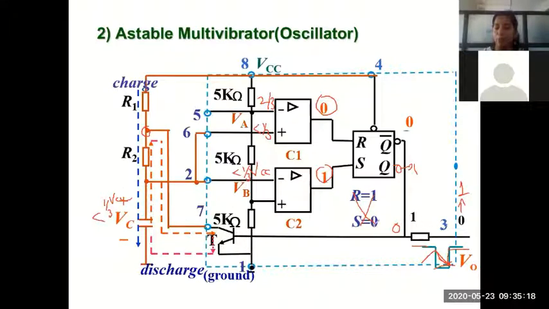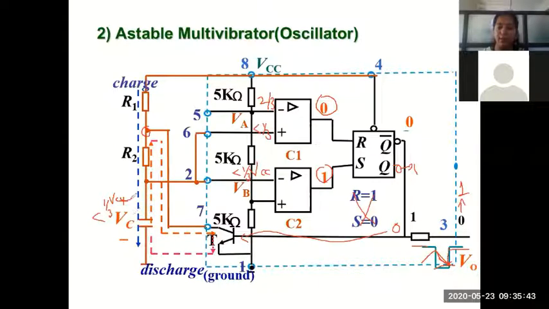When output is in high state, this transistor will be off. Why will it be off? Because the base is at logic 0. You can see this logic 0 is given to the base of this transistor. So the discharge transistor is in off state. Clear? So since this transistor is off, now this